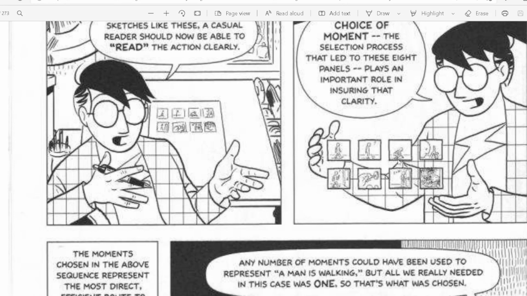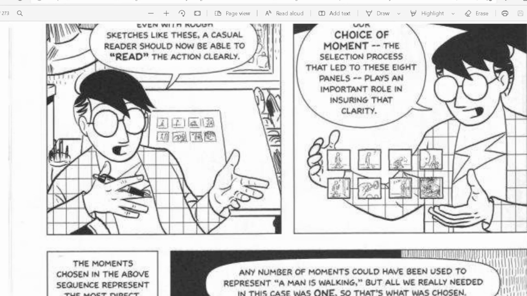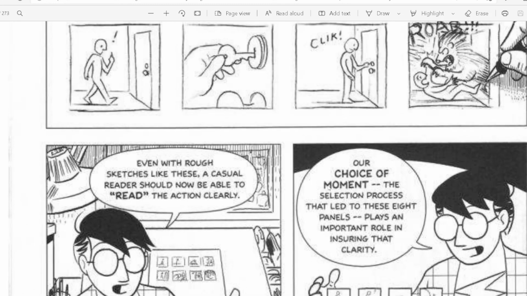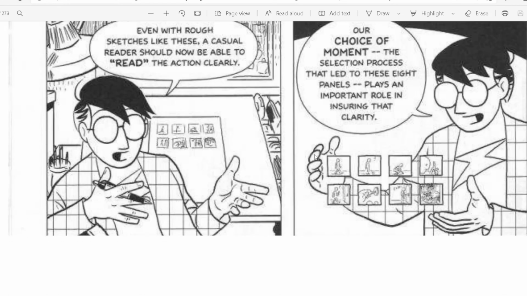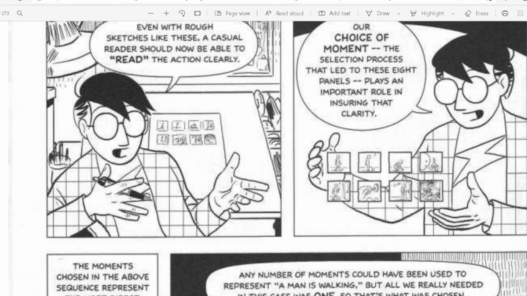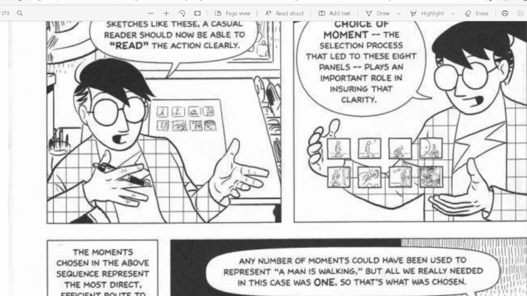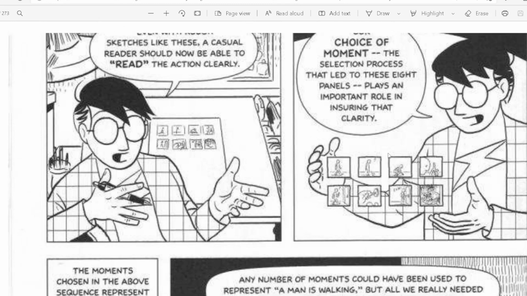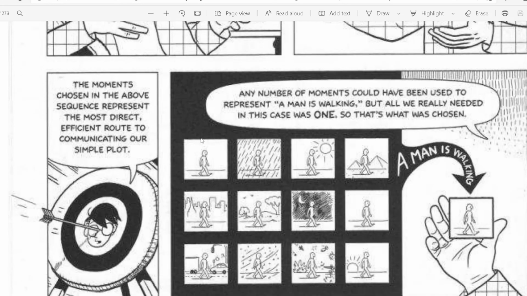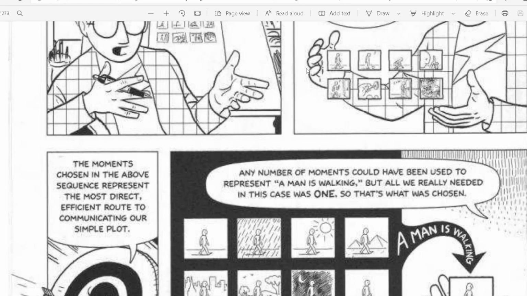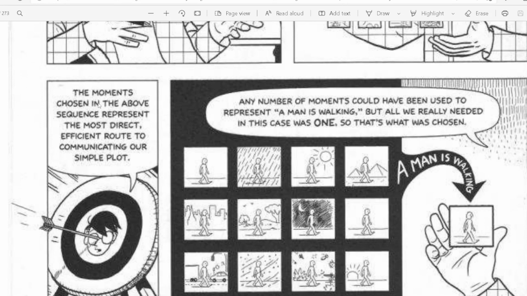Here the 8 panels are there, and using these 8 panels, now we can understand what is happening here, right? So the choice of moment, that is what I think the author wants to say. We have to decide what the character is actually doing, and what the moment should be in my comic strip. Okay, so we have to decide.